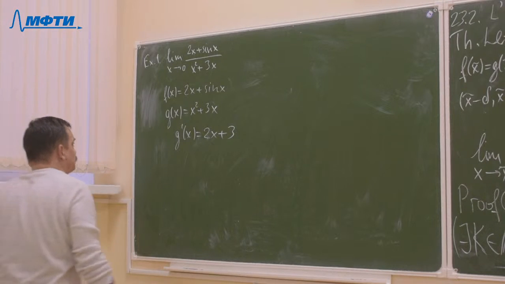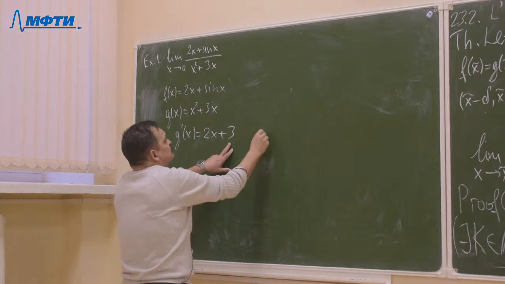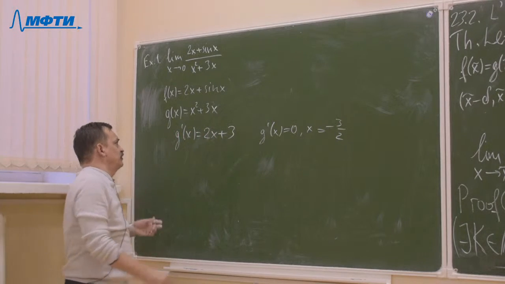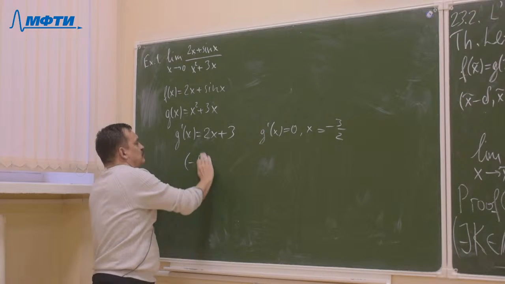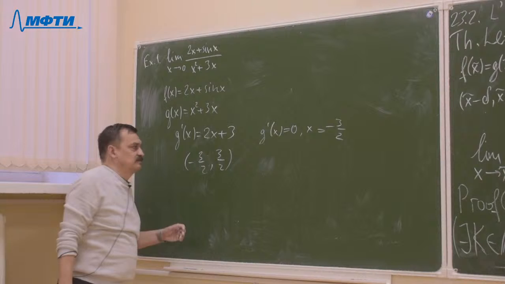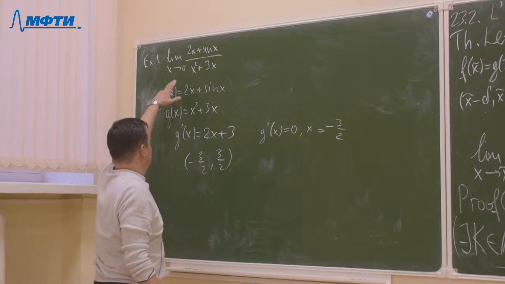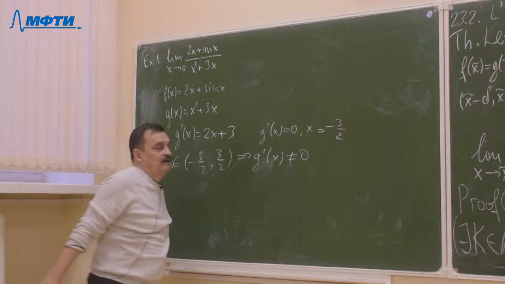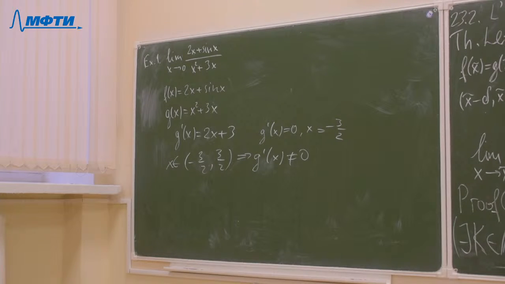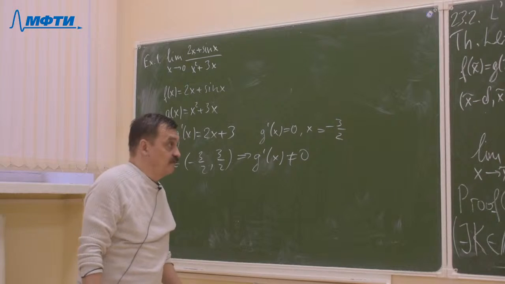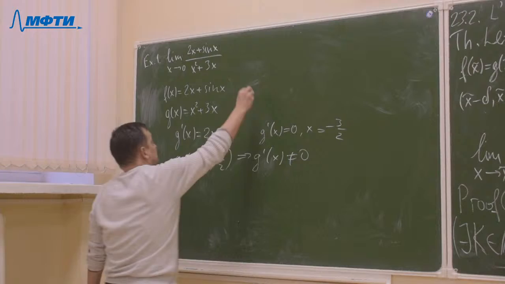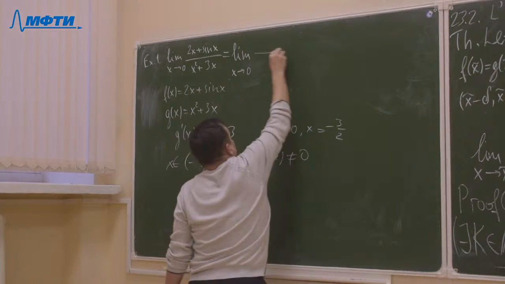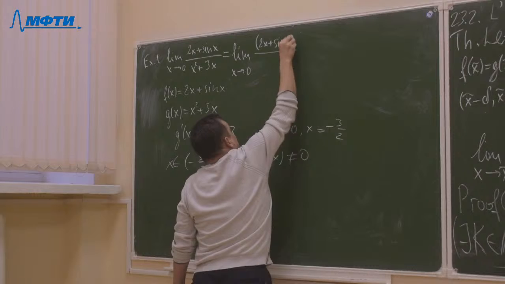and g prime of x equals 0 for x equals minus 3 over 2. Hence we have a neighborhood of 0, minus 3 over 2, 3 over 2, where g prime of x is not 0. So all conditions of the L'Hopital rule for 0 over 0 are satisfied. Hence, we can write that the limit equals the limit of the ratio of derivatives, if